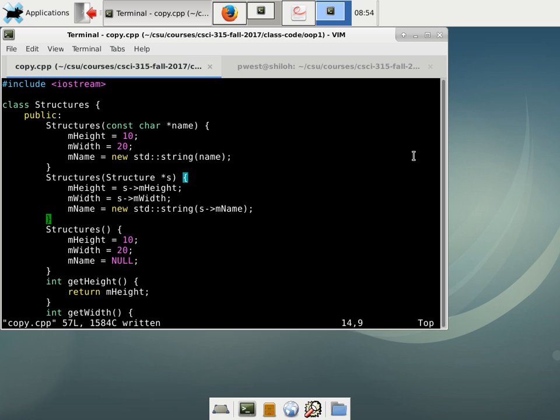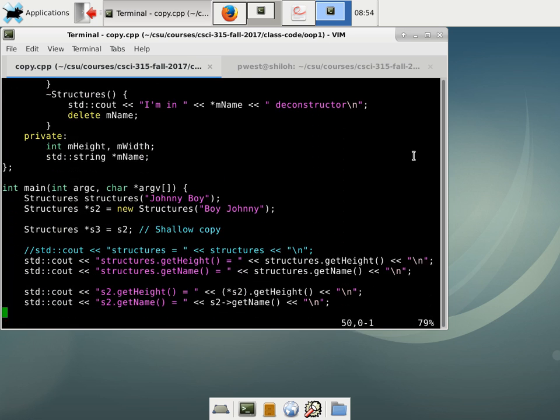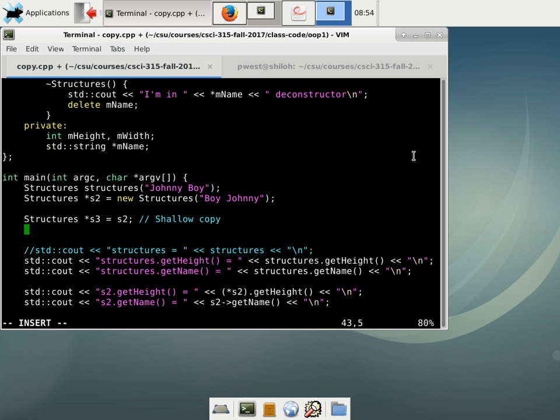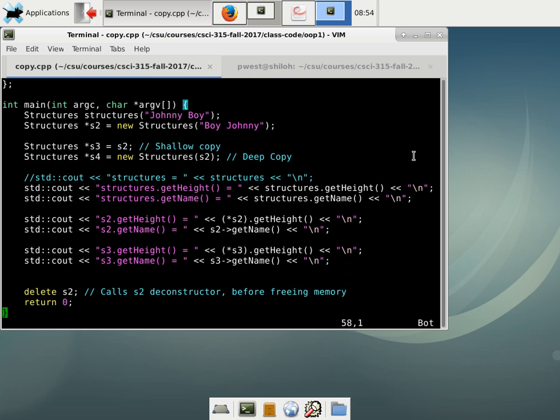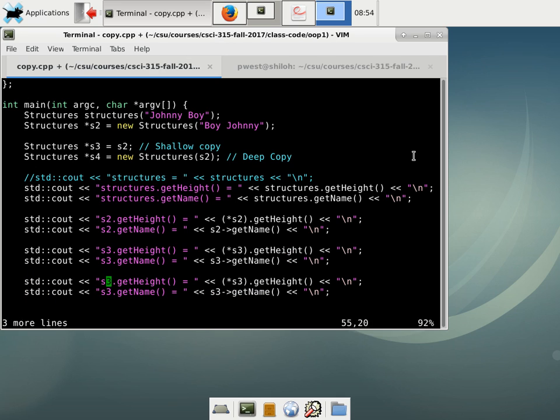So down here, S3 is a shallow copy, but if I do this, structures S4 equals new structures, and then we'll pass in S2. Deep copy, because I'm actually creating a copy of everything. Notice I'm creating also a new structures on the heap. Now if I'm down here and I print everything